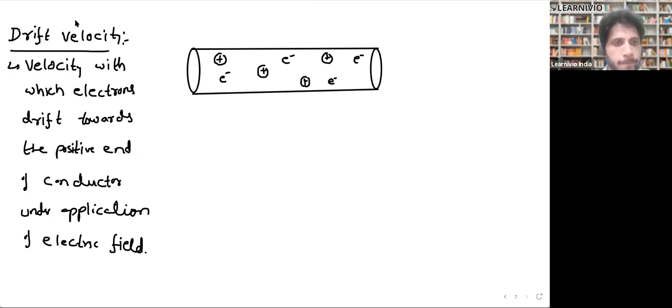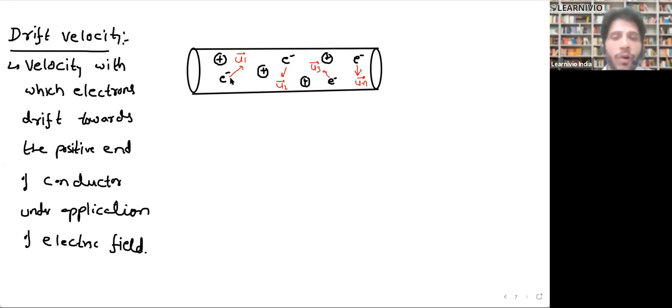See, if I take individual electrons, then those individual electrons would be in motion. Individual electrons will not come to rest. They are continuously in motion. So the first electron has some velocity u1. Although I have not applied any cell or battery, these electrons are not at rest. They are continuously moving.